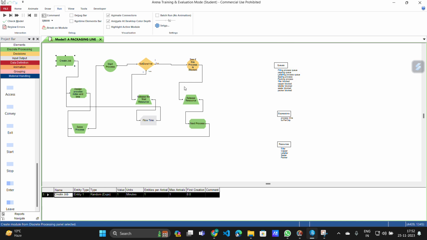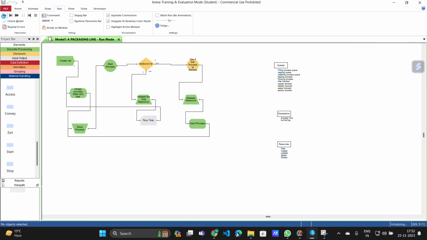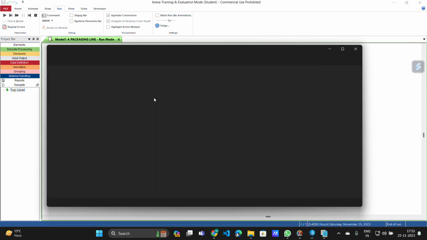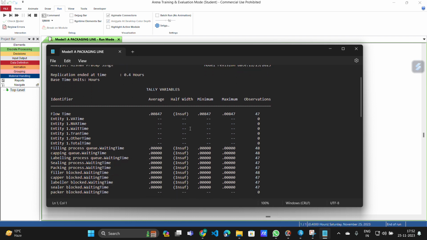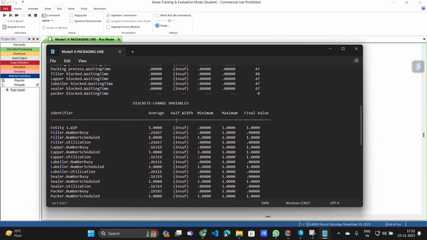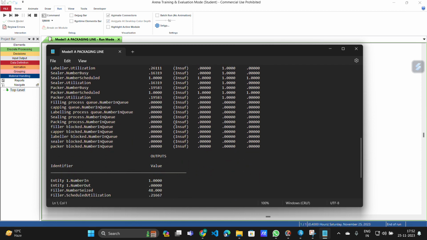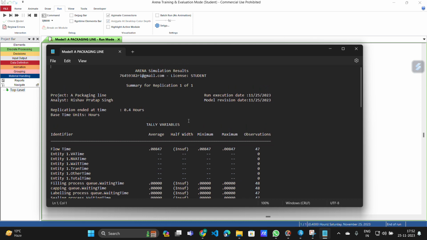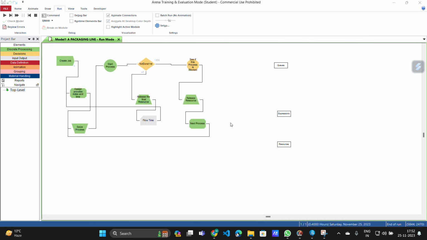And in order to understand this process, let me run this animated project, then you will get to know it in a better way. So you can see it is going accordingly, and here is the detailed report. In this report you can see the whole thing has been done in a sequential manner. In this, everything has already been clarified, and I want to tell something more about